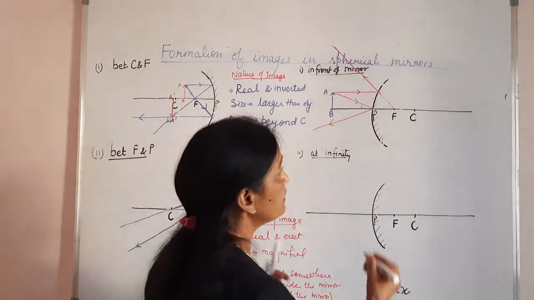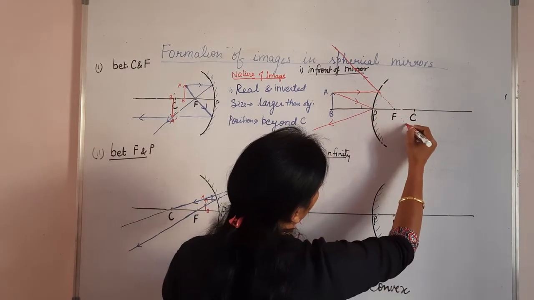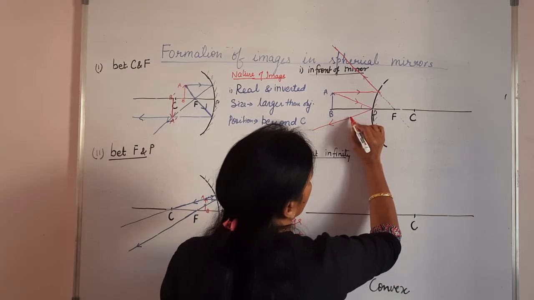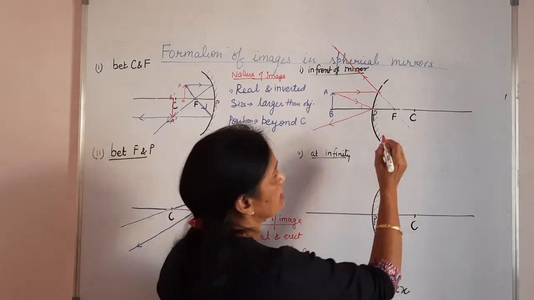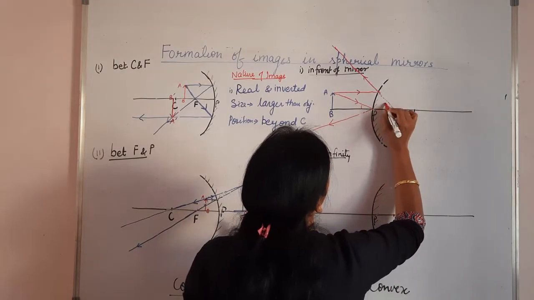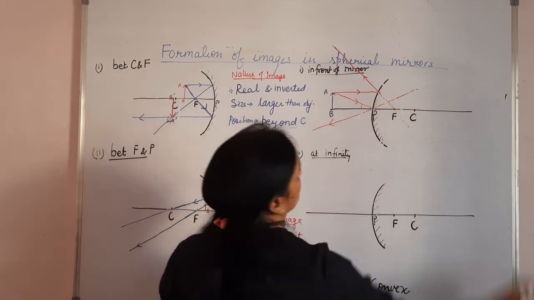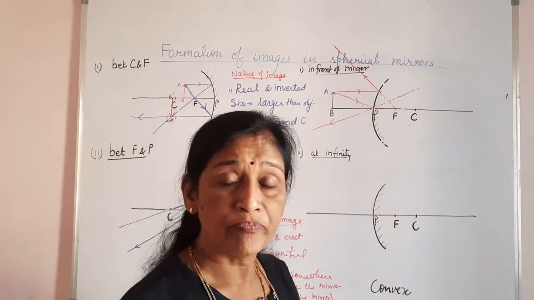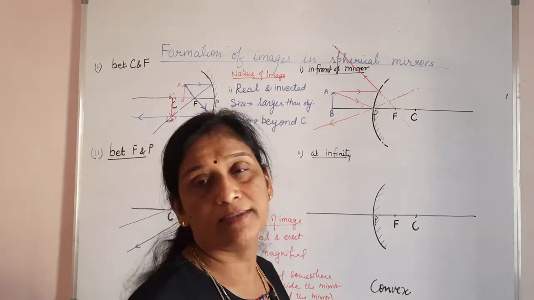If you extend it in the backward direction, तो मैंने इस रे को एक्सटेंड किया हुआ है. ठीक है, इस वाले रिफ्लेक्टेड रे को भी, दोनों रिफ्लेक्टेड रे को हम पीछे की तरफ एक्सटेंड करेंगे. तो मैं इस रे को पीछे की तरफ बढ़ा देती हूँ. ये मैंने इसको पीछे डॉटेड लाइन से बढ़ा दिया. ओके, डॉटेड लाइन से क्यों? बिकॉज ये एक इमेजिनरी लाइन है, हम मिरर के अंदर कैसे जा सकते हैं.